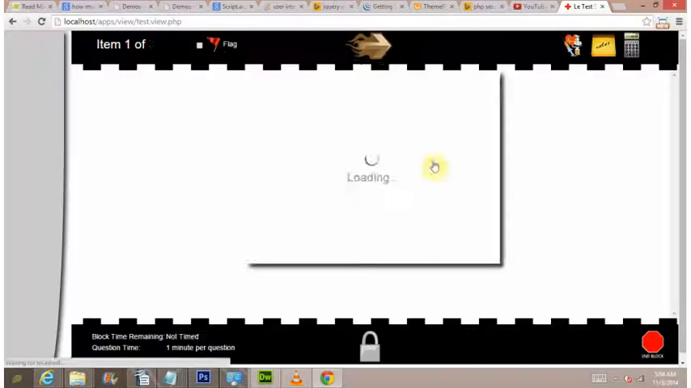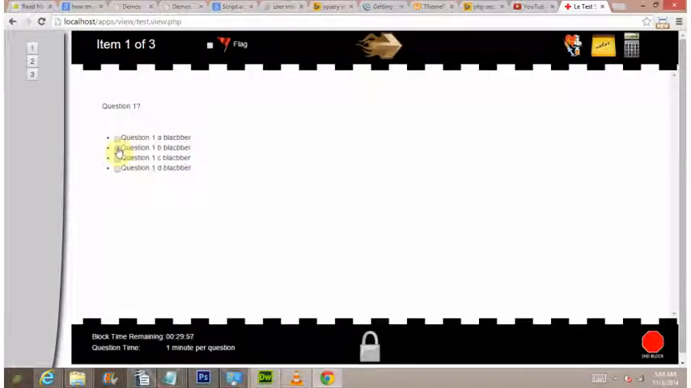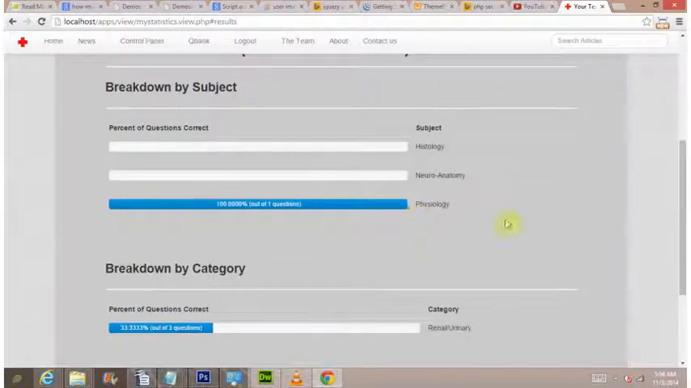The backend is MySQL. I believe question 1's answer was B. Question 2 was also B. And question 3 was also B. I must have got one of the questions right this time. Okay, I got one of the questions right, and as you can see, I got